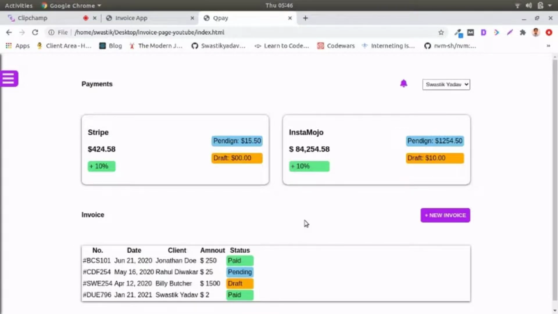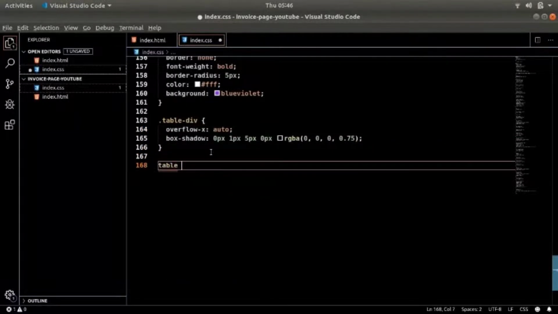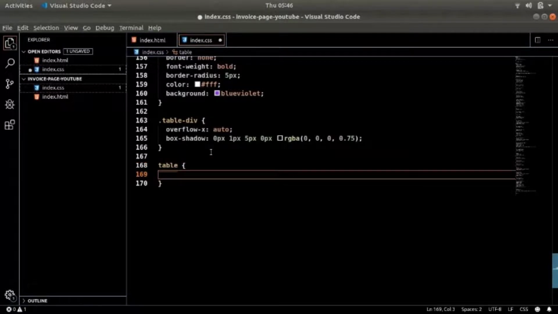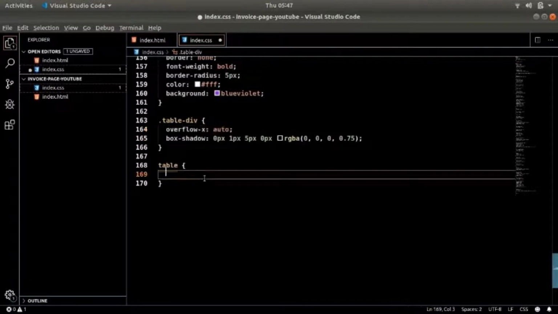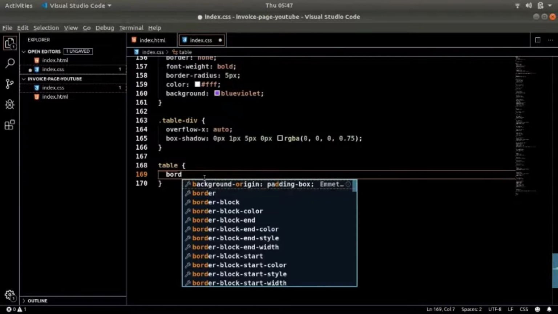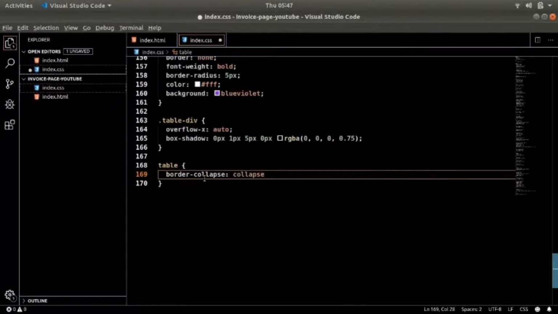Okay, now the next thing we need to do is actually go for the table. So the table div, the original table, that was a div. You have to give this overflow X to the div of the table, the container of the table. It won't work on only the table. So for the table, let's have a property called border collapse, which I will set to collapse.